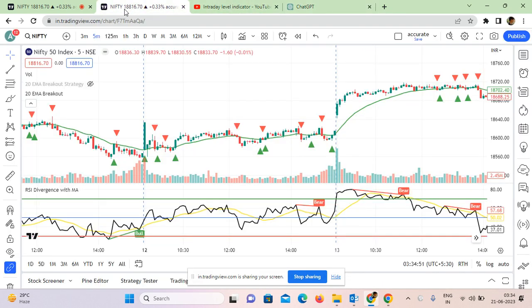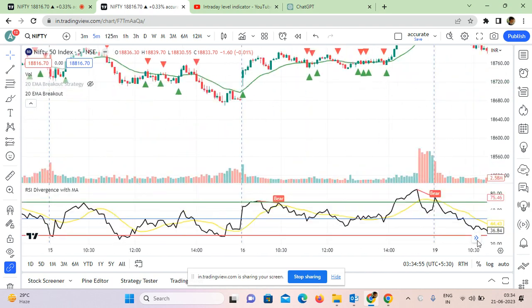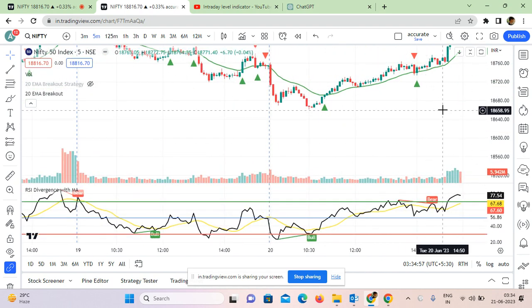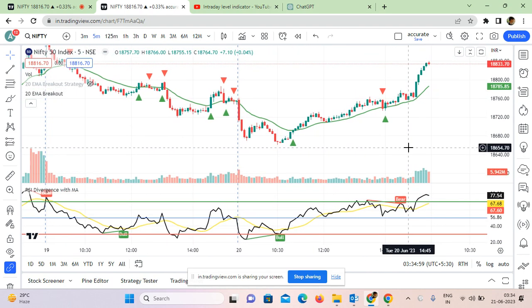I can also show how you can use this indicator. Whenever you create your own custom indicator, you should know the conditions where this indicator will work very well and provide excellent results.